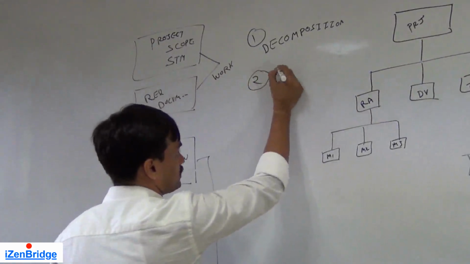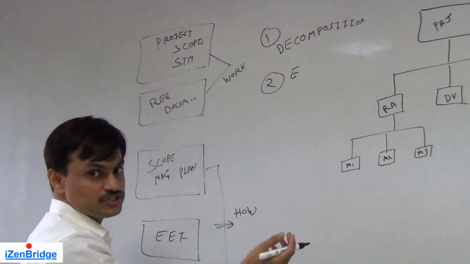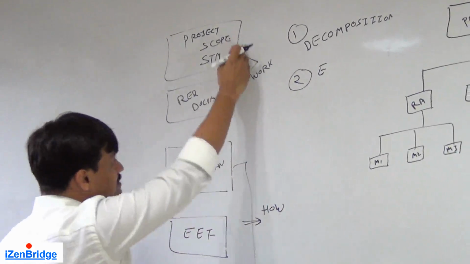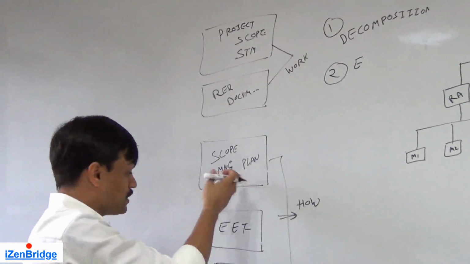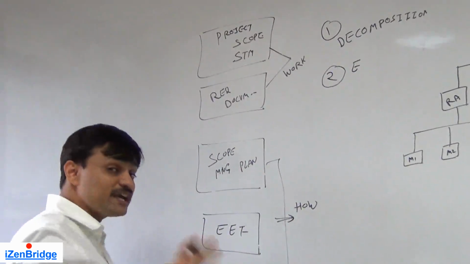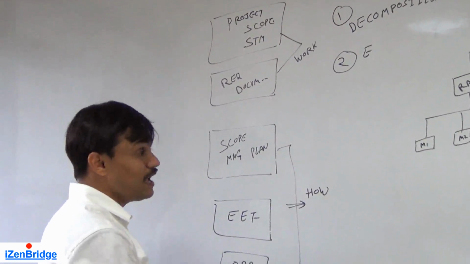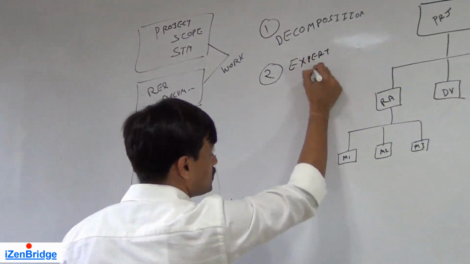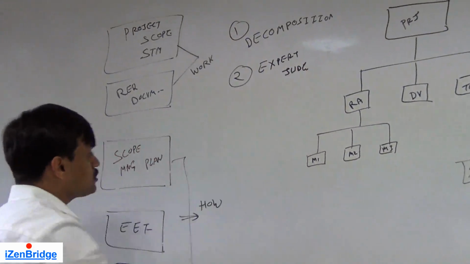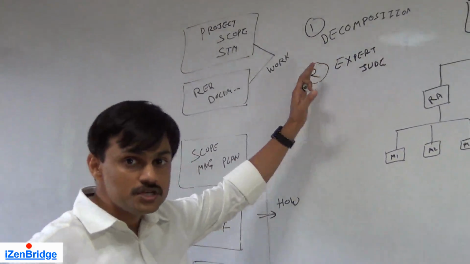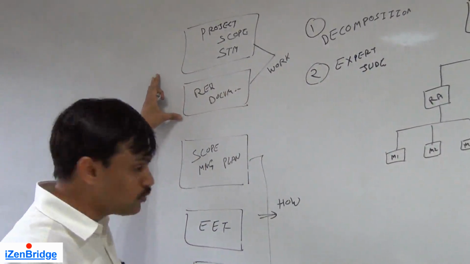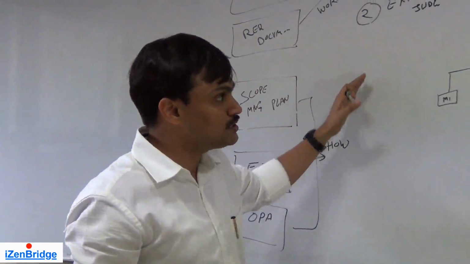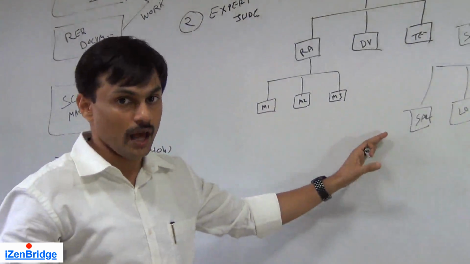You need to think about it. There is no ready-made solution which says that this requirement should be decomposed that way. You need to understand the requirement, see your scope management plan, see your environmental factors, take a template from your organizational process assets and put your mind to it, and that is why we need expert judgment. An expert who understands the technique of decomposition, who understands the scope of work, who understands what the scope management plan is talking about, looks at these two things and creates a work breakdown structure like this.